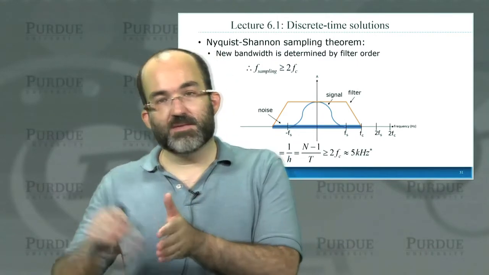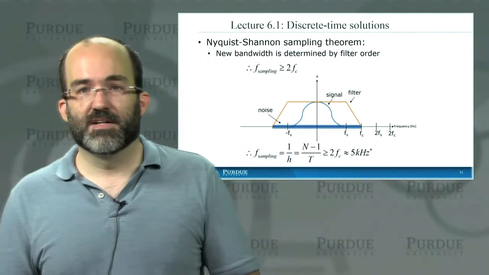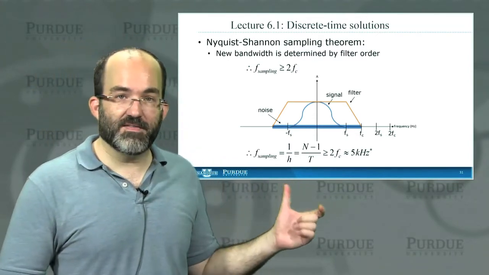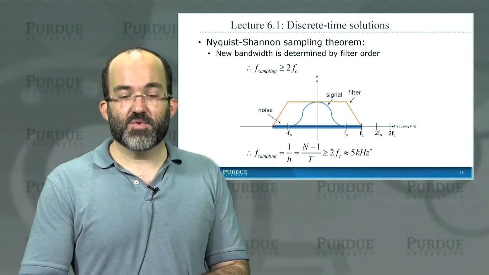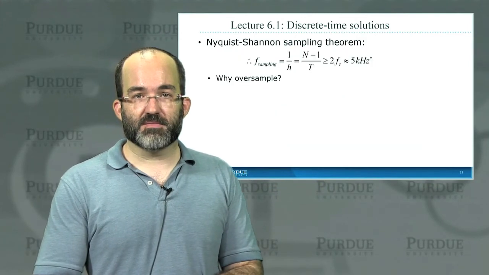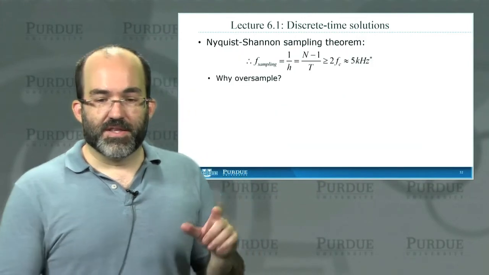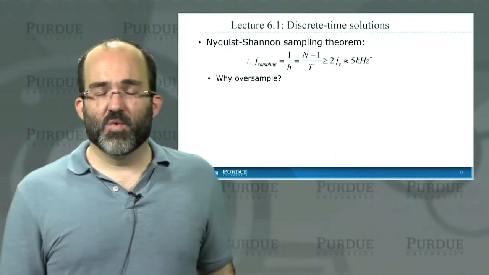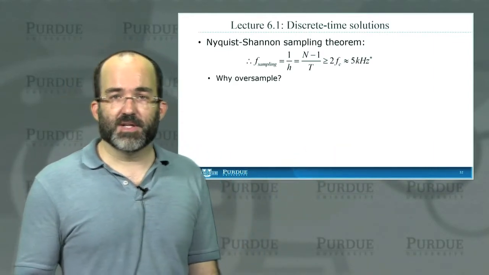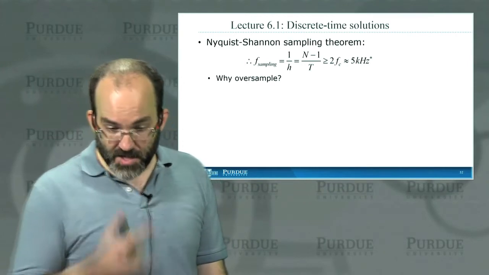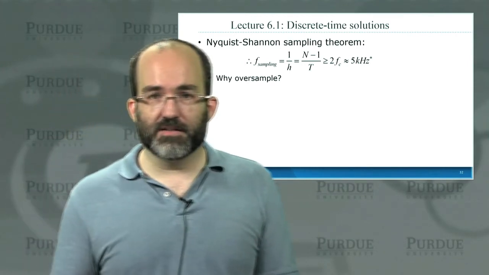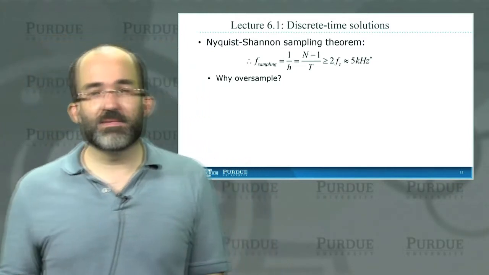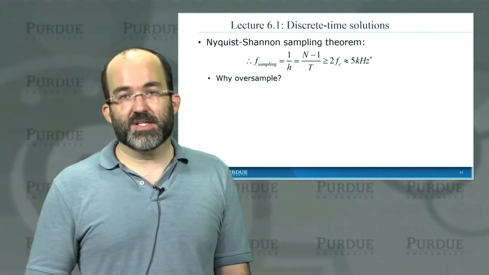You want to sample at twice 2.5 kilohertz. You're looking at a 5 kilosample per second, or 5 kilohertz sampling rate. And that's how we arrive at the actual sampling rate that you want to see in biomedical systems. So why, if 5 kilohertz is the number, why on earth would you ever want to sample higher than that? If you look at commercial systems, you'll see ones that sample at 10 kilohertz, 12 kilohertz, 20 kilohertz, 50 kilohertz. Sometimes it's just a sales gimmick, and sometimes there's a very good reason for doing it.